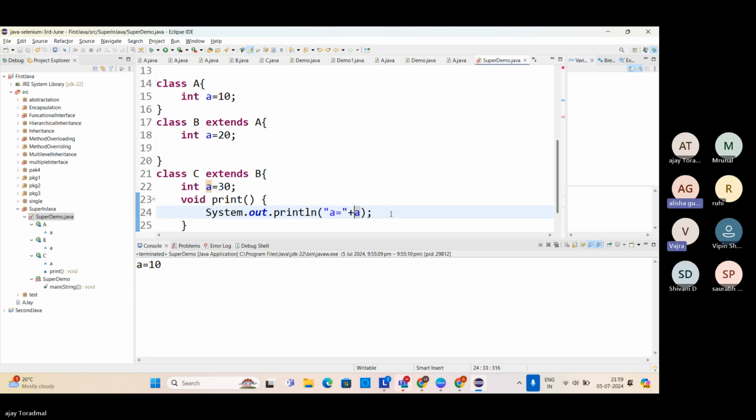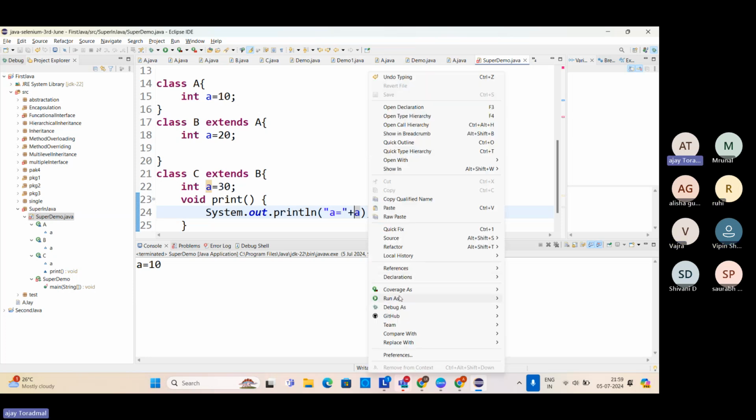30. Perfect. 30 will be the output, right? So if I run this,